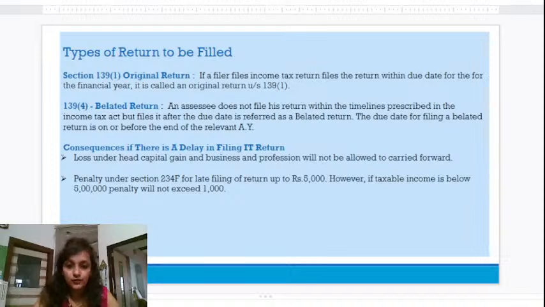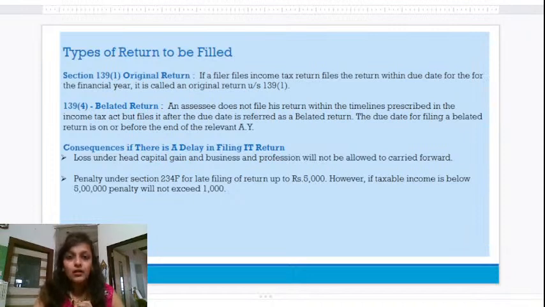Then every HUF, which means Hindu Undivided Family, Association of Persons and Body of Individuals, if their total income exceeds the prescribed exemption limit, is liable to file the income tax return in the prescribed format with the required documentation. Now, in the following cases, return filing becomes voluntary. In certain situations where individuals or entities are not under a compulsory requirement to file the return, their filings are considered voluntary returns, which are seen as valid tax returns.